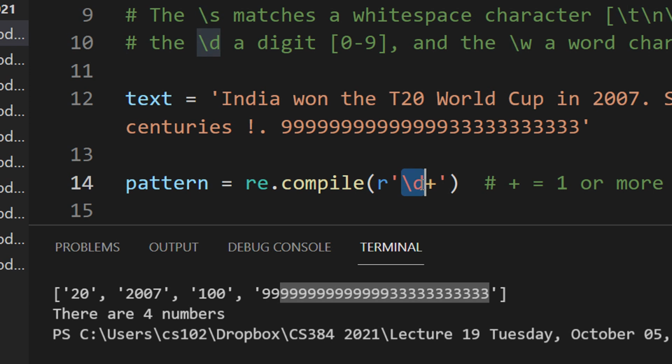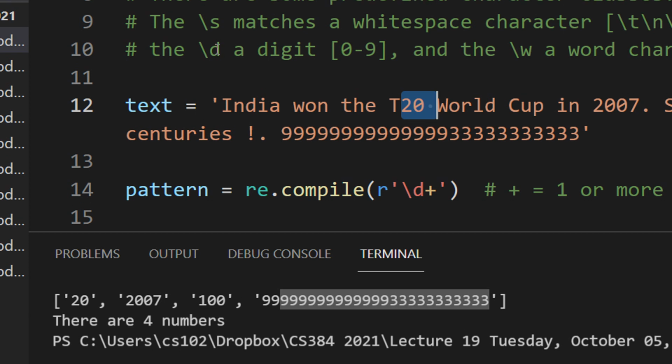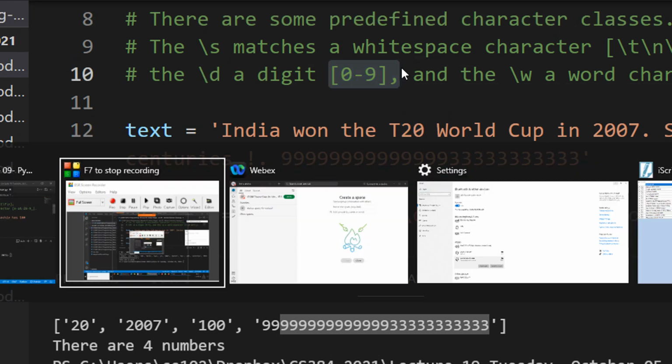So what happens with \d+? It's a greedy search kind of thing. It will keep on reading the number till it encounters a non-number. \d is basically a number. Let us go back to the drawing board. \d is a number, meaning anything between 0 to 9.